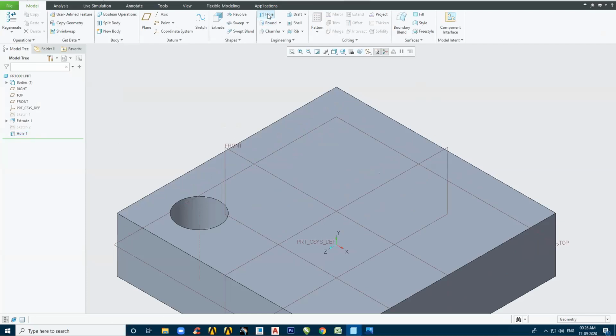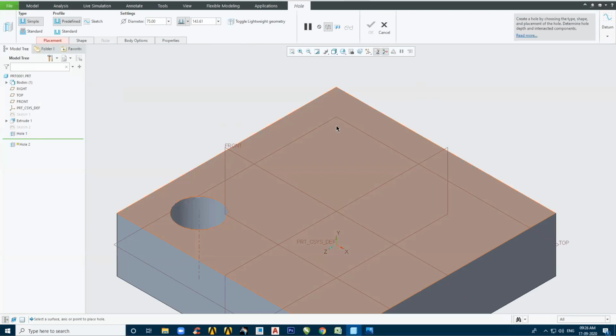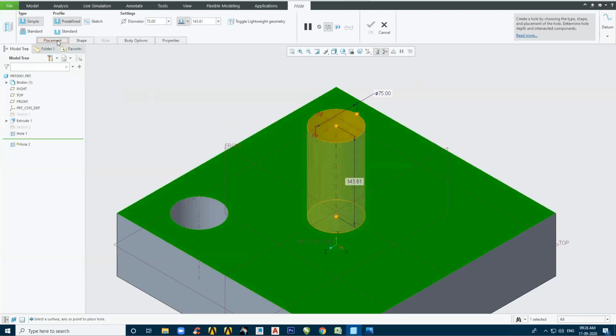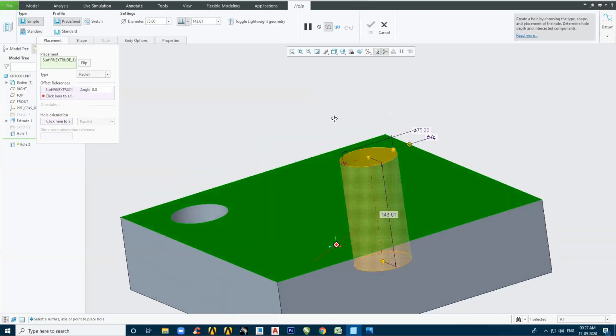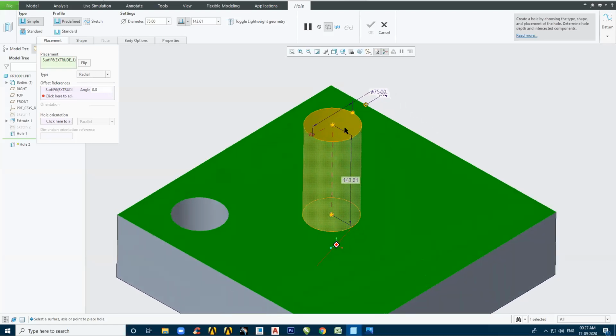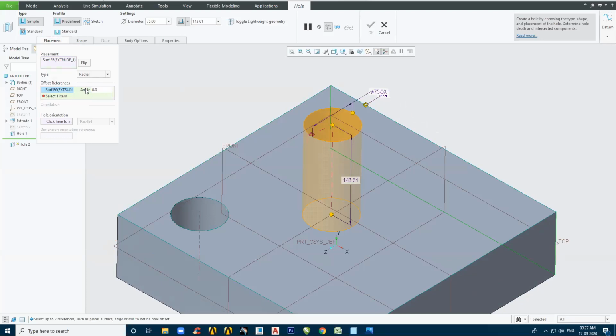Okay, now the whole command. I click on this surface. I am coming in placement, and from linear I am changing it into radial placement. In the radial placement, I am taking this handle and clicking on this surface or this edge. From this edge, it is offset by, has he taken it? No, he hasn't taken it. Okay, he has. I clicked on the wrong surface. Let me correct it. I am removing this.